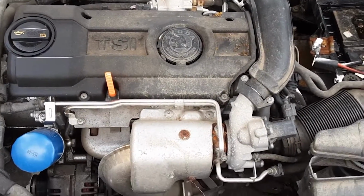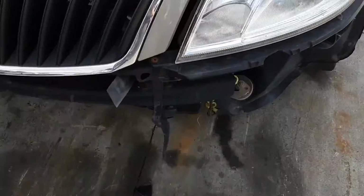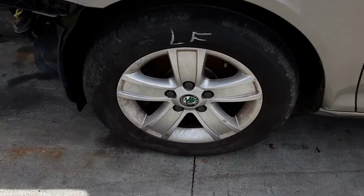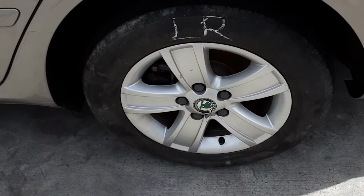CAXA 1.4 litre 4-cylinder turbo petrol engine. We have the radiator grille, left hand headlight, left front 15-inch factory alloy mag with a good tyre, left power door mirror, both left hand doors appear to have no damage, left rear 15-inch factory alloy mag with a good